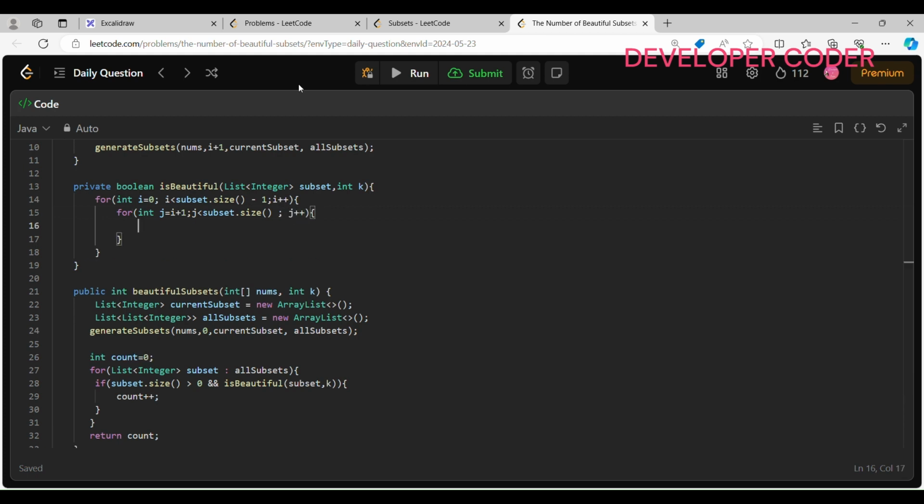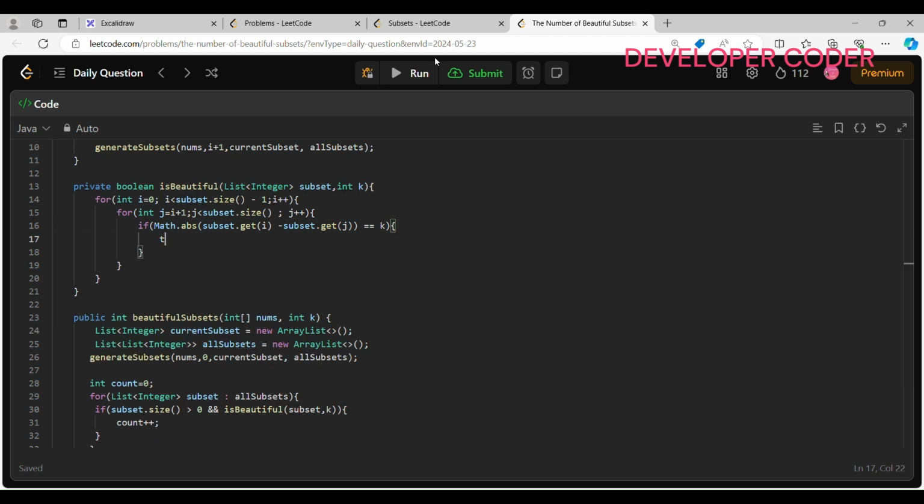Now after that, if Math.abs of the difference of any two numbers, subset.get(i) and subset.get(j), is equal to my k,